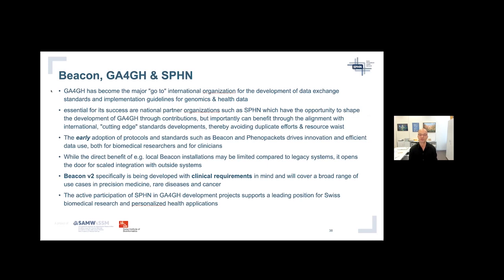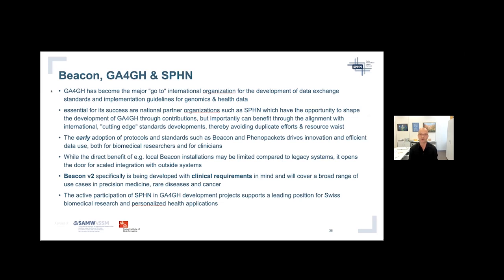So essential for its success are national partner organizations such as SPHN, and the other partner organizations, also ELIXIR, GEM Japan, and whoever contributes. They have the opportunity to shape the development of GA4GH through their contributions. But importantly, they also stay on top of developments and benefit through the alignment with international cutting-edge standard developments.